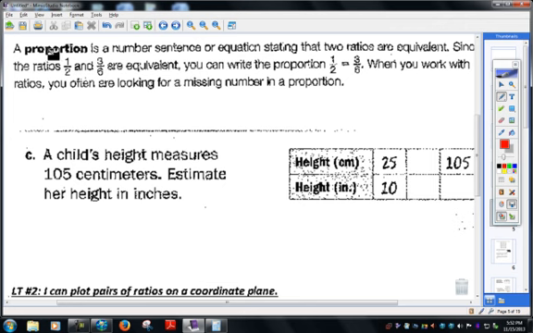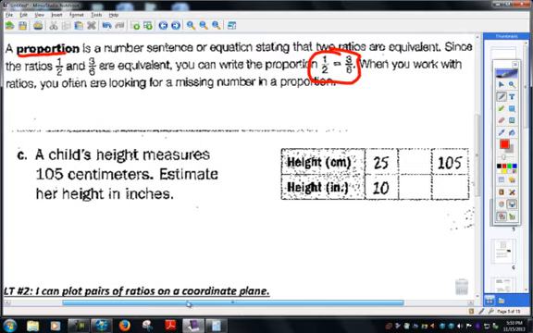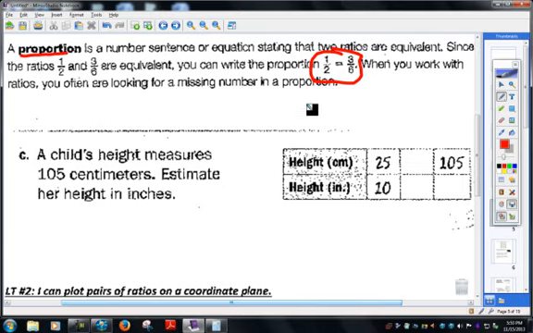Okay? Here's what a proportion is. A proportion is a number sequence or equation stating that two ratios are equivalent. You can write the proportion like this. When you work with proportions, with ratios, you're often looking for a missing number, which is what I told you. There are 3 numbers,